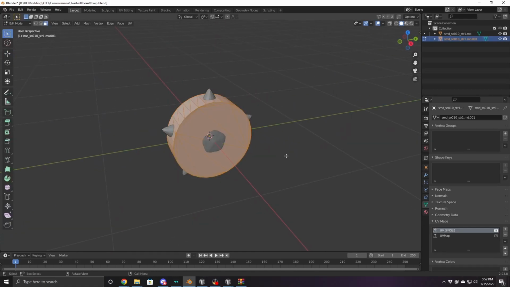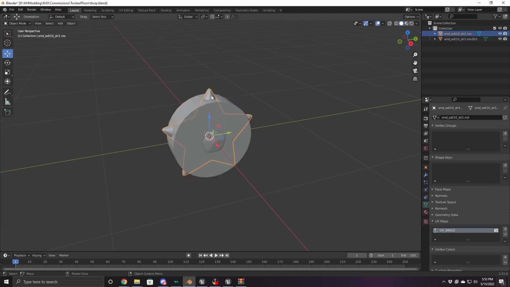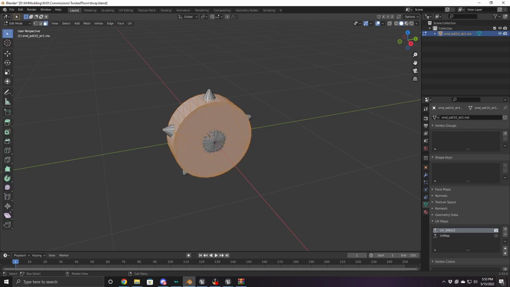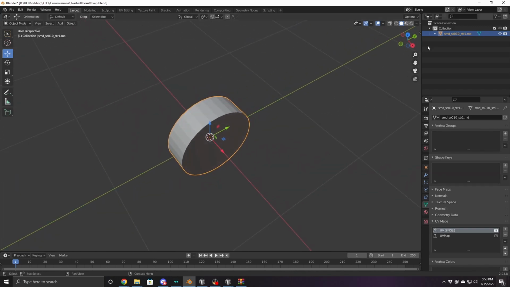So I'm going to do the same thing as we did with the Keyblade. I'm going to select my custom one. I'm going to press Tab, press A to make sure everything's selected. I'm going to select the base game one, press Tab, do Alt A to make sure everything is deselected. And then back in object mode, we're going to click mine, then the base game's, do Control J, Tab, Control I, X, F. I don't think you strictly need to do this, but I like to do it because it